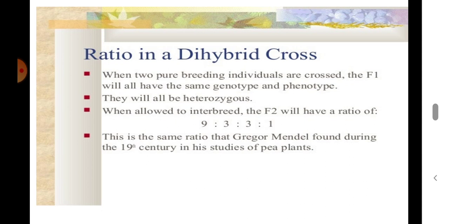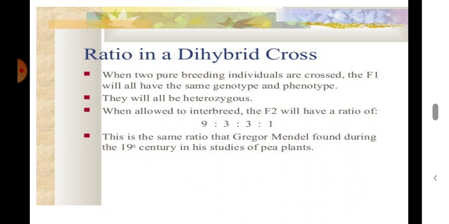When 2 pure breeding individuals are crossed, the F1 will all have the same genotype and phenotype. Then they will be in the heterozygous condition. In the F1 generation, all are heterozygous. Heterozygous means their gametes are of different types. When allowed to interbreed, the F2 will have the ratio 9:3:3:1. This is the same ratio that Gregor Mendel found during the 19th century in his studies of